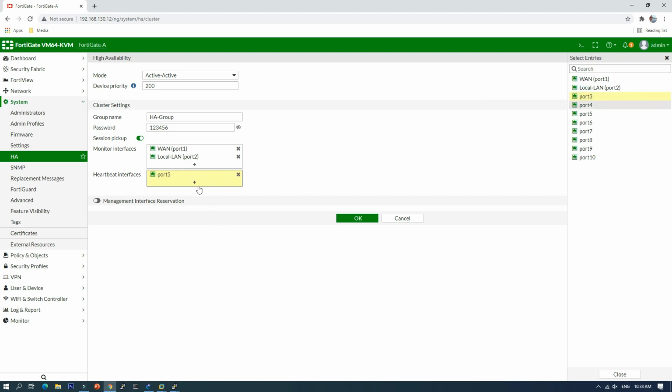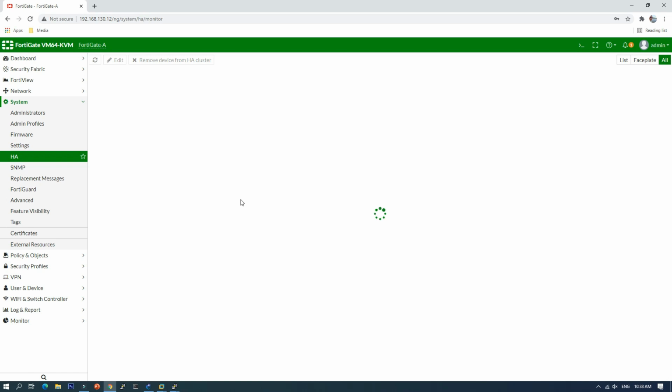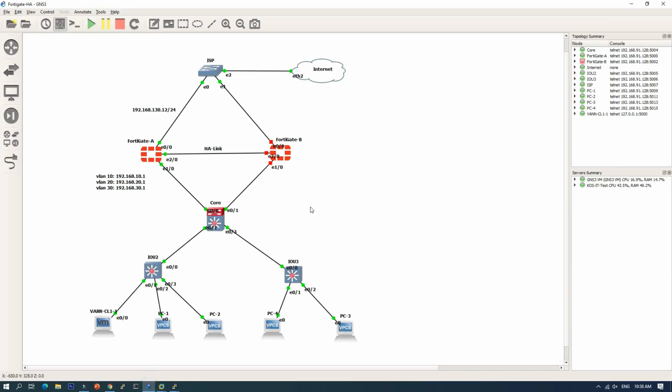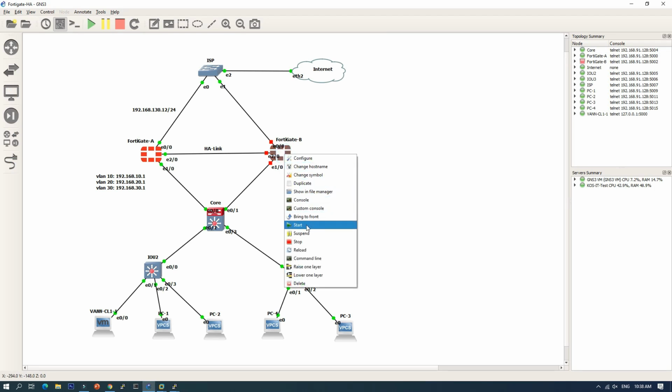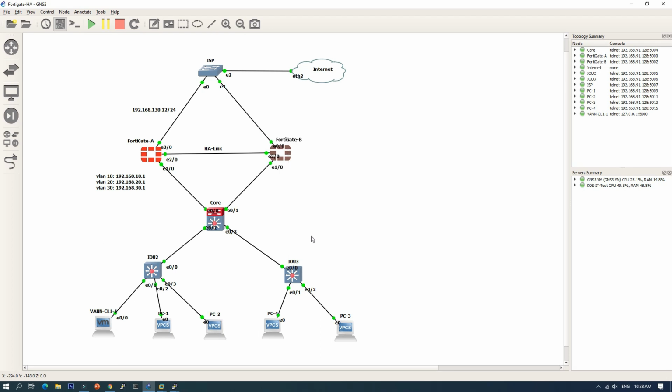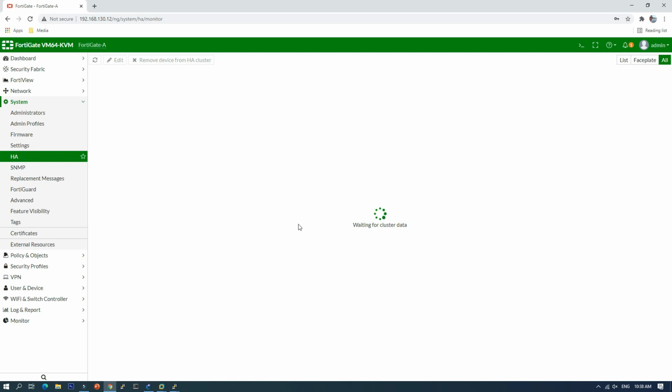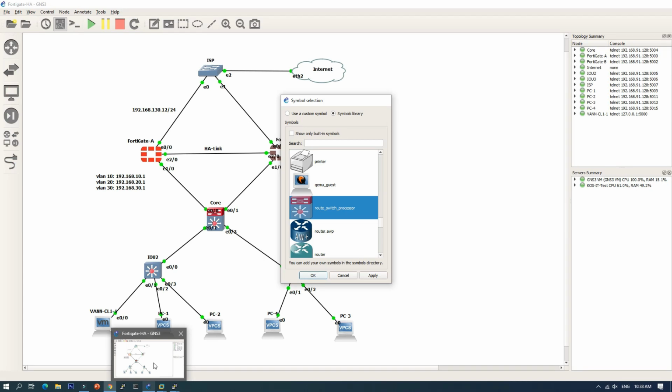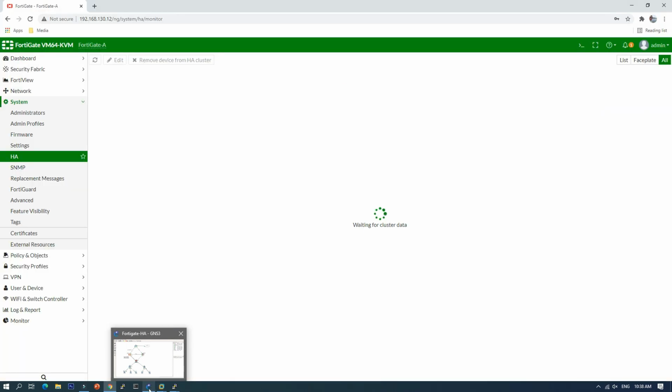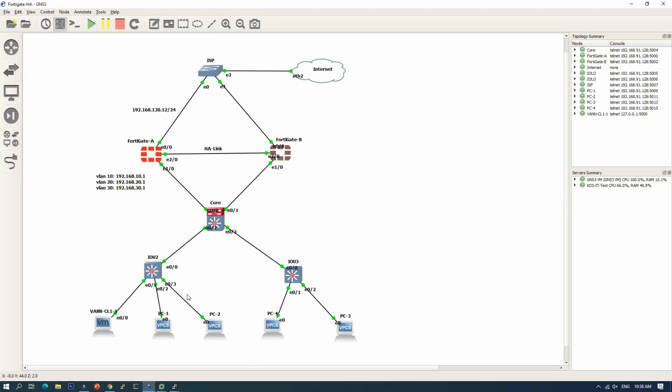Okay, actually we start our FortiGate B. It is still waiting for the member, but FortiGate B has not yet configured HA, so it needs to wait.